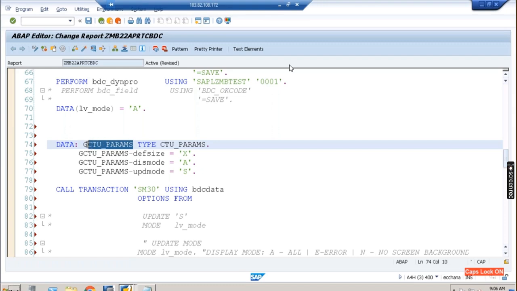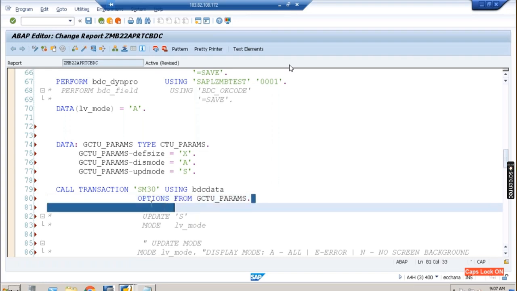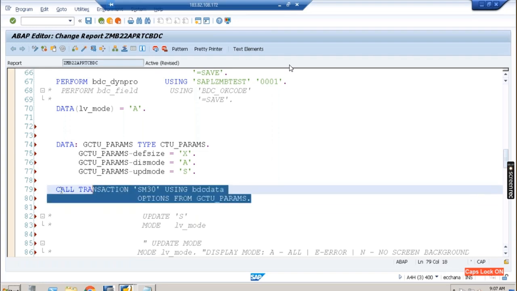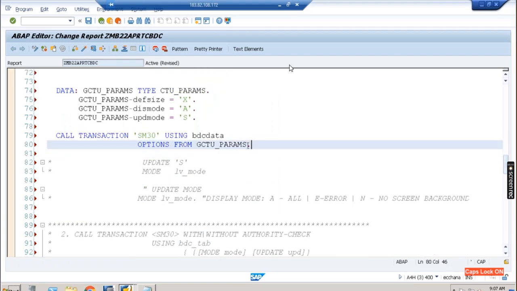So options from, by this way also you can write the code, and this is actually the recommended approach. Now fine. And if you want to collect the message, obviously you can collect the message into GT underscore message,